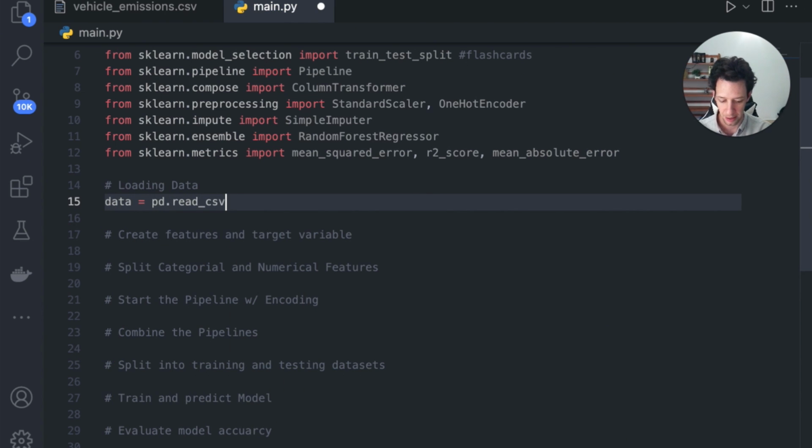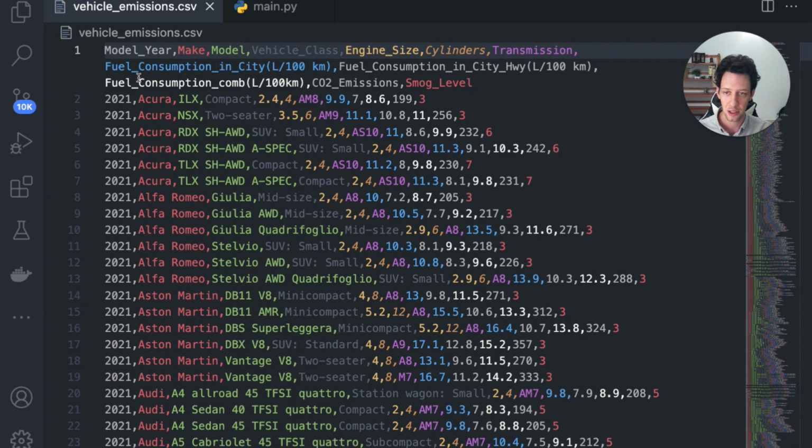Now let's talk about our data very quickly. Let me put it in here first. Vehicle emissions CSV. You can get this over on Kaggle. I'll actually link this data set in the description of the video if you want to follow along. This is going to be our data set we're going to use. And because we're trying to create that model which is going to estimate the vehicle CO2 emission,